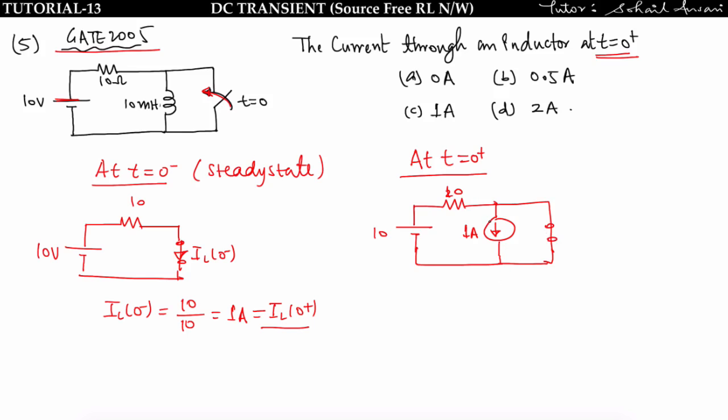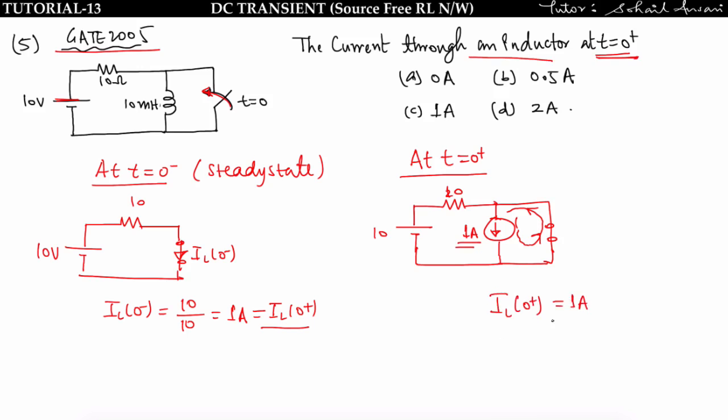Now see, this inductor is not getting any path to discharge, also it is connected to the source, so this inductor current will move like this and it will not discharge because it is not getting any resistance in its path. So at t = 0 plus, the current through the inductor will be